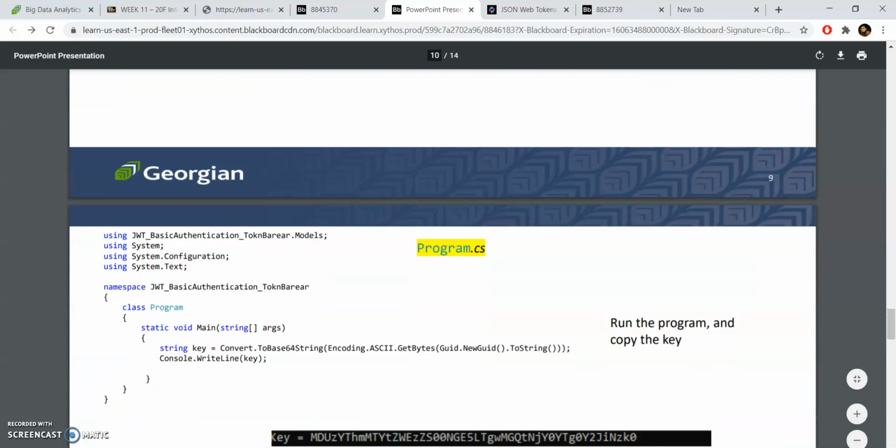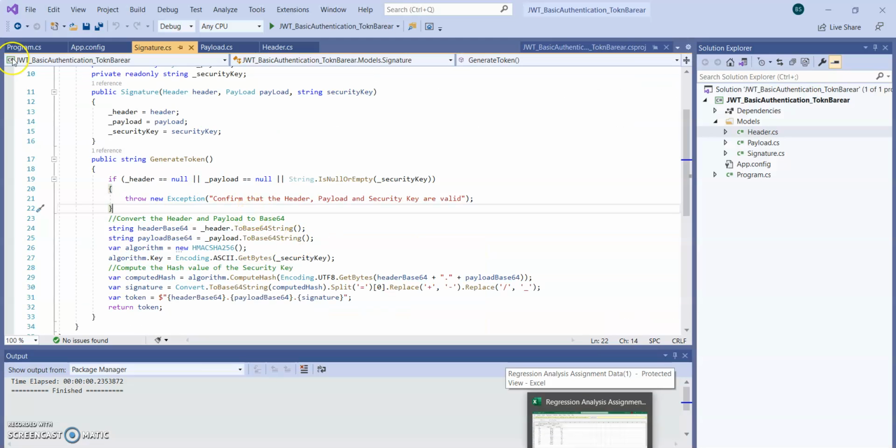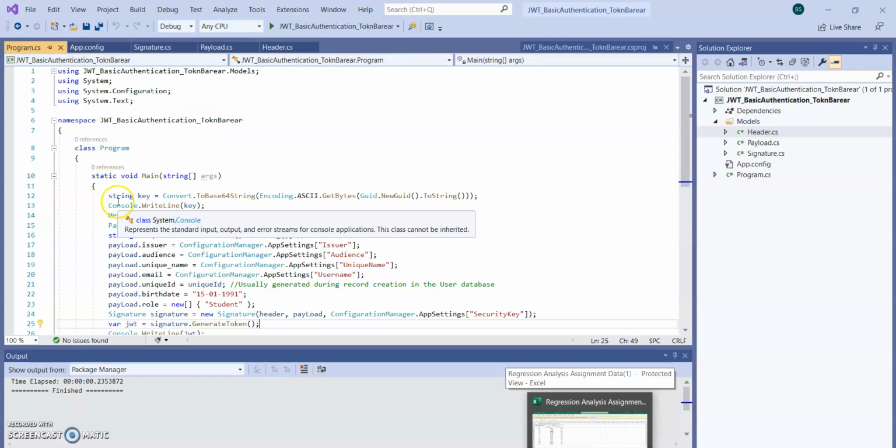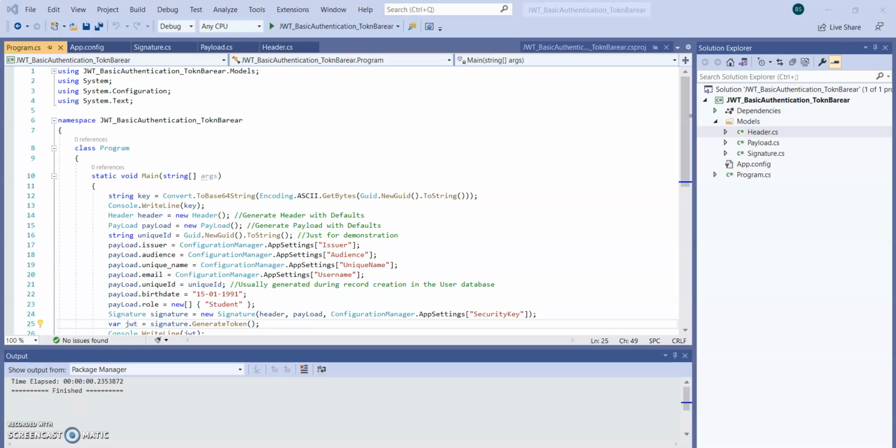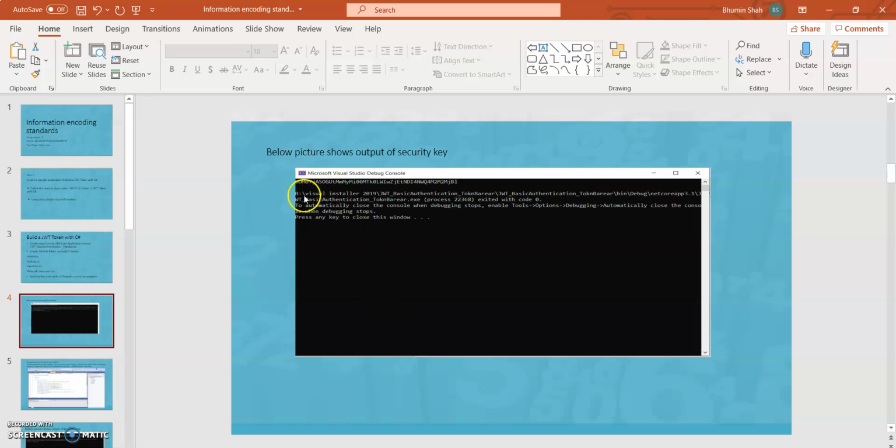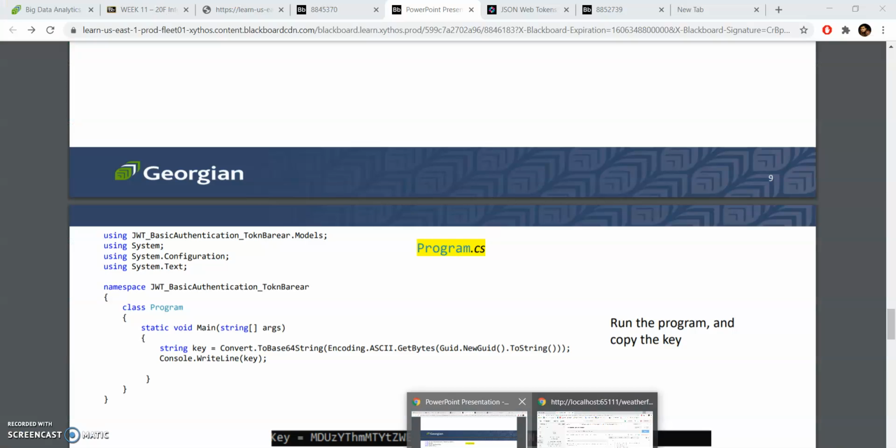That code we copy in a Program.cs file. We can see over here. Now we run the program and then we get the output over here. I take a screenshot. So this is the key. So now copy this key